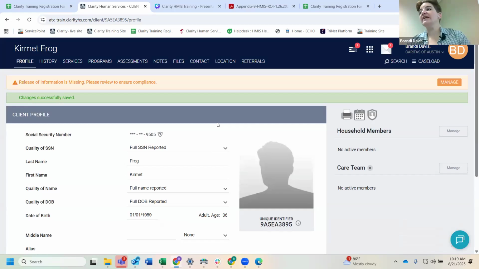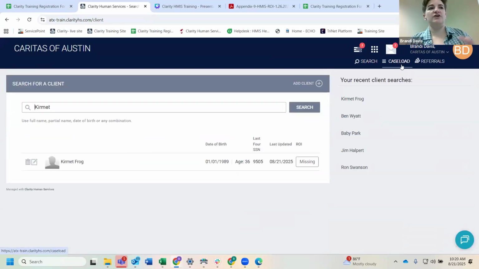So we have our first client created. Now we're going to create one more test client. That's really going to help us out once we get to households in a second. So now once you clicked add record at the bottom, we're going to click on your search button again, search equals home, and we're going to do the exact same thing. We're just going to create a second test client together.